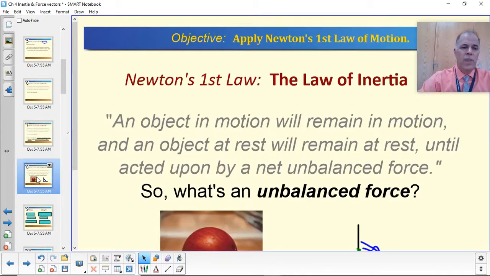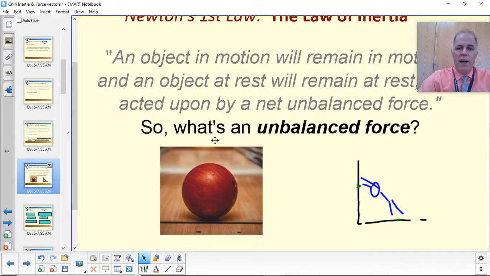Now, how about this idea of an unbalanced force? You guys already know that a force is a push or a pull. The first law says that you have to have unbalanced forces to make something move. So this bowling ball will stay here until we push on it. But what if two of us push on it from both sides at the same time? We're pushing with equal forces in opposite directions. Well, those forces add up to zero. The net force means the total force. When you add up all the forces and take into account the directions they go, if somebody's winning that shoving match, that means there's a net force and the bowling ball will move.